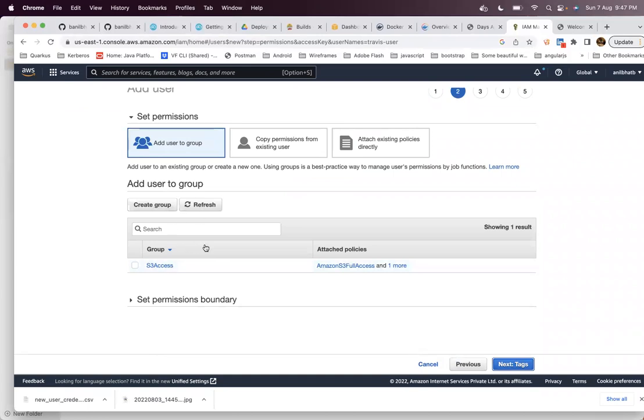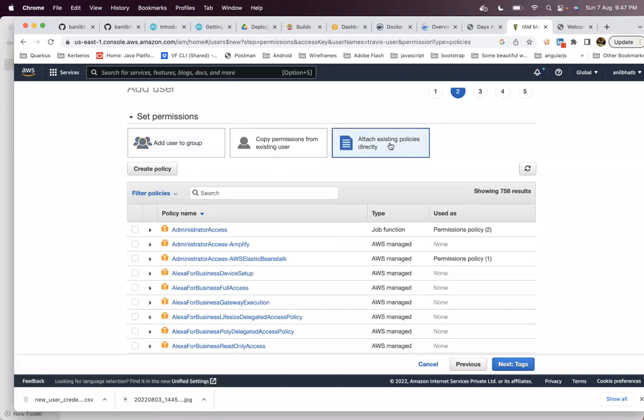And what access policies do you want to use? Attach policies. You can use existing policies. Because you want to use the S3 service and the Elastic Beanstalk service, you can add these existing, already built policies.